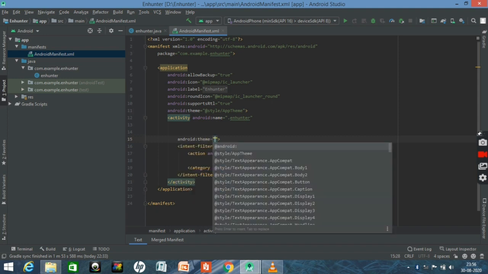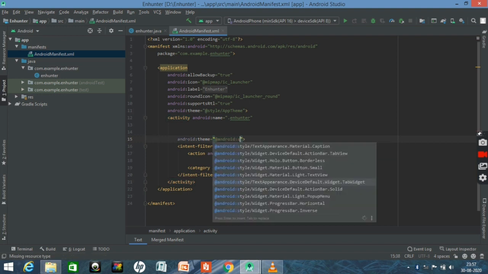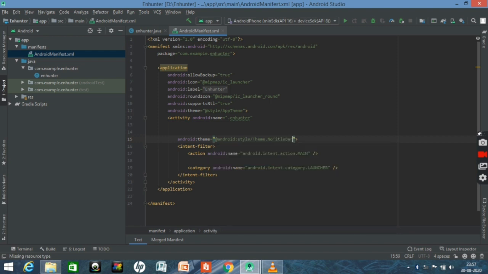android:theme as @android:style/Theme.NoTitleBar.Fullscreen.